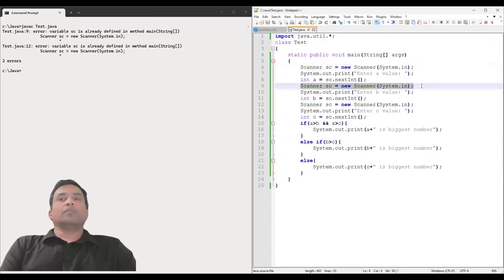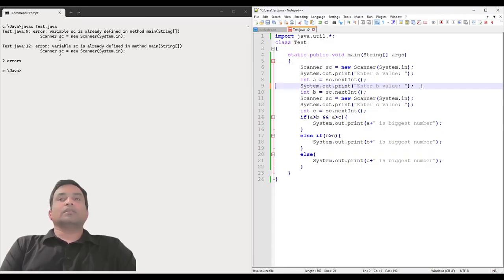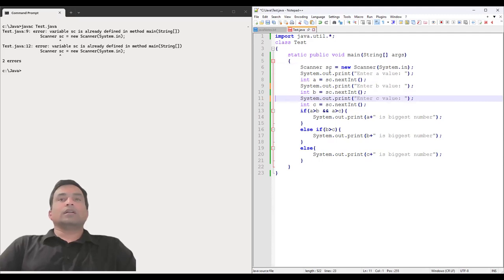I copied multiple Scanner sc lines. I don't need all these. I just need to declare it one time. Now try to compile